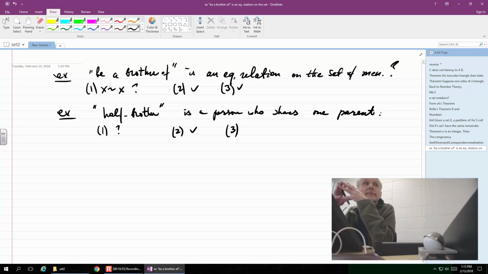They could be, but they could also not be, because say the mom is the mother of all three of those kids. They have different dads, but they all have brothers. So no, that's fine. Now the problem here is that you have to look at the statement mathematically. A person who shares one parent. You have to be precise here, and you have to say exactly one parent, because you share a parent with your brother, right? But you share two.